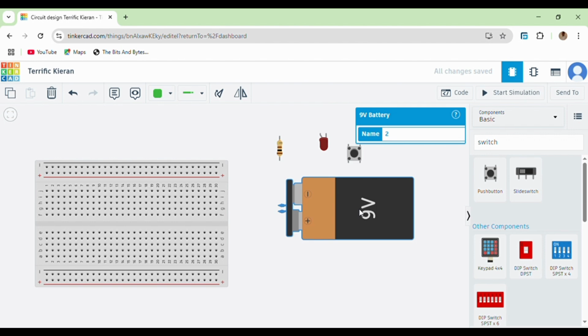Then the next thing to consider is what is going to be the input of the circuit and what's going to be the output of the electric circuit, and then what's going to be the logic behind the entire circuit. So in this case, the logic behind this simple electric circuit is how we're going to be using this push button to control this LED. Alright, so the input of this circuit is the push button, the output is the LED, and the resistor is to limit the flow of current passing through the LED. So let us start